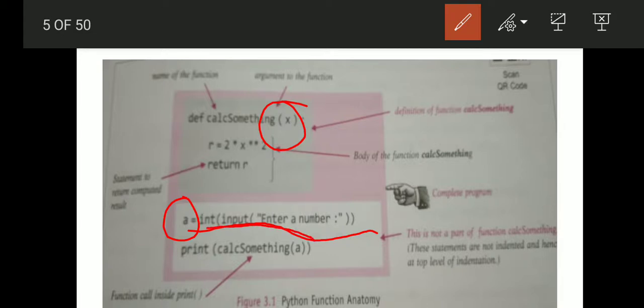जो a variable है, you will pass a variable here and a will automatically go to the x variable. a आप जो भी value enter करेंगे, like 10 आपने enter किया तो a जो है वो 10 है और वो value automatically x के पास चली जाएगी. So this is basically a temporary variable. ये name आप x भी रख सकते हो और a भी रख सकते हो. It's your choice. Then as you know we have to print the value. How can we print the value here? We will write print, then in brackets we have to write the function name. You can see cal something we have written, then in brackets is a. So automatically it will print the result.